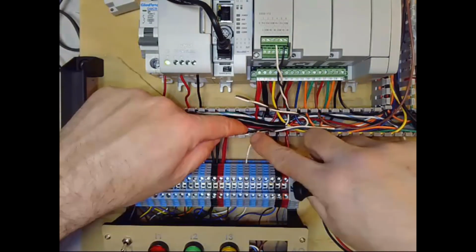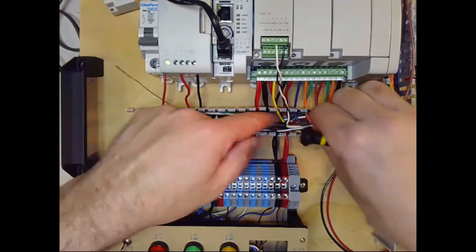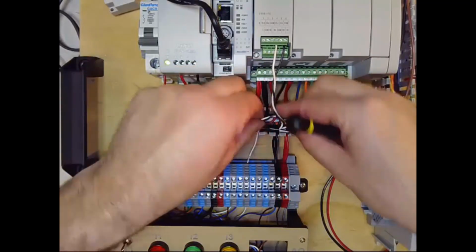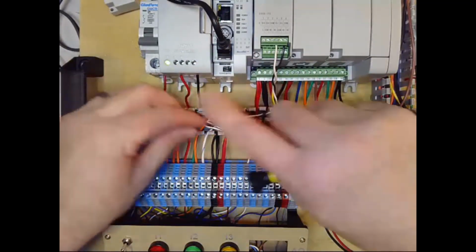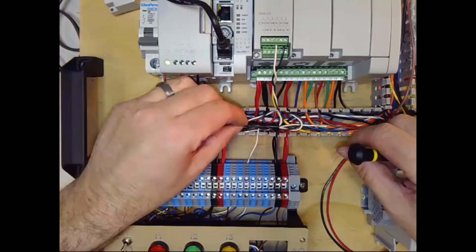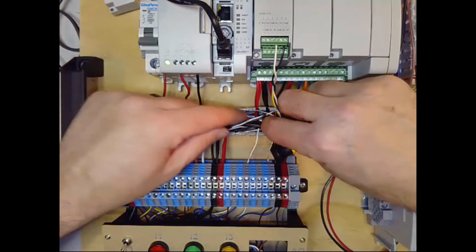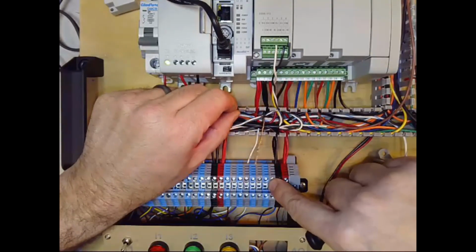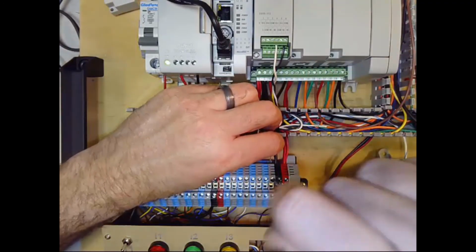Okay, kind of neaten those up there as they stick down in. And I'll feed these ones back under that just to help hold them down. Okay, and then this last one, the shield wire, just for demonstration purposes, I'm going to land it on this gray wire as if this gray wire was a